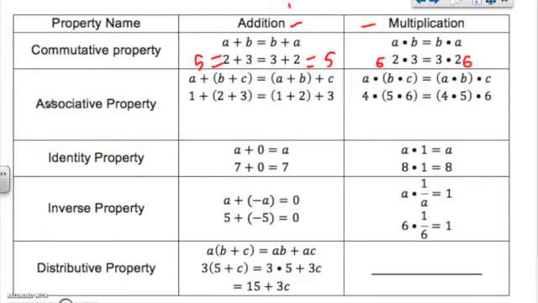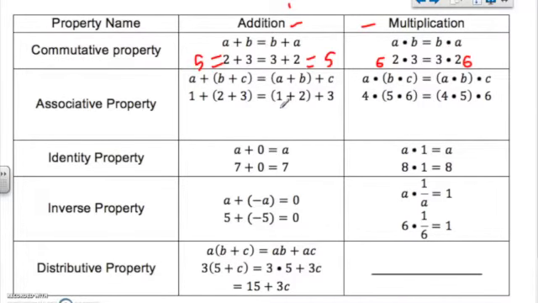The next property we're going to talk about is the associative property. Notice the root word of that is associate. So associate means to group with something, or to get along with something, or to identify with something. That's going to give us a clue as to what this property is going to do. This property says that we can group objects in different ways in addition and multiplication, and we'll still get the same answer. So for example, if we have 1 plus parentheses, 2 plus 3, and parentheses,